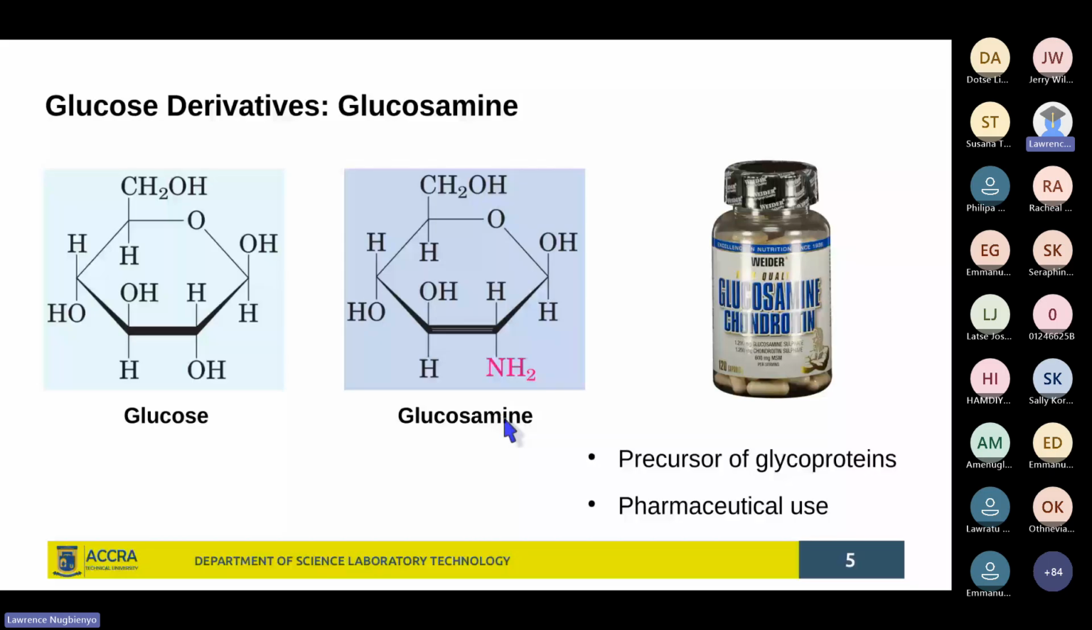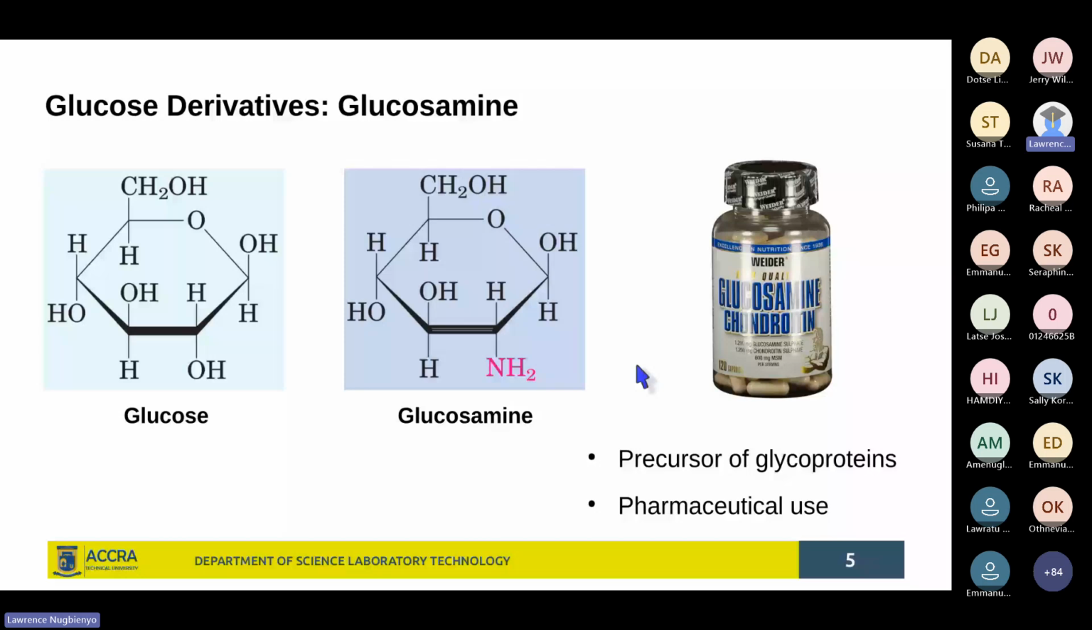You'll find glucosamine in local pharmacies with different brand names. I intentionally put a picture here of one of these glucosamine capsules that are in the pharmacies, purchased as food supplements, usually used for, say, joint pains,